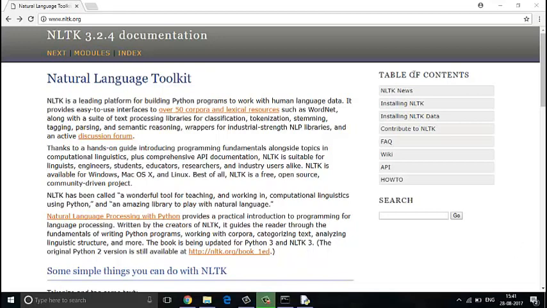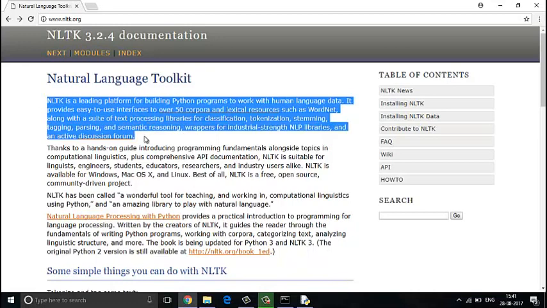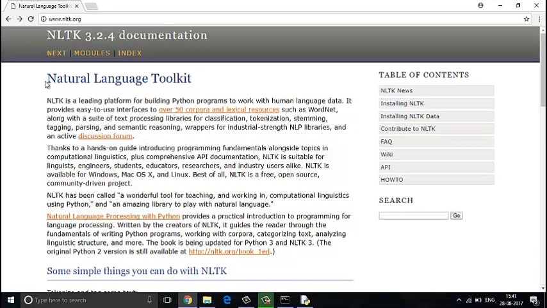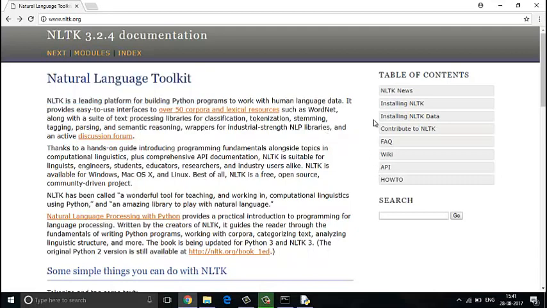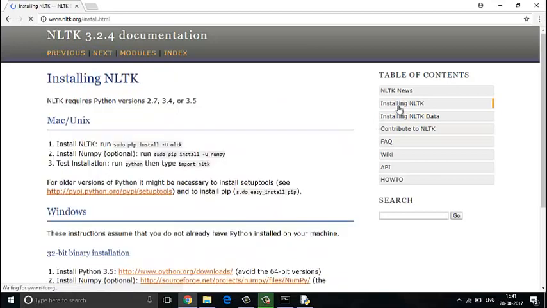So first, go through that site. This is your www.nltk.org. On that site we will get the information about NLTK, which is the module required in natural language processing, that is your Natural Language Toolkit NLTK module. Now for the installation, go through this "Installing NLTK". Here you will learn about different steps for installing the NLTK module.